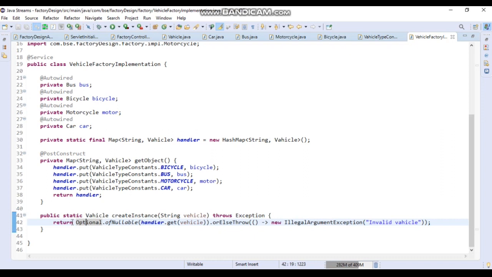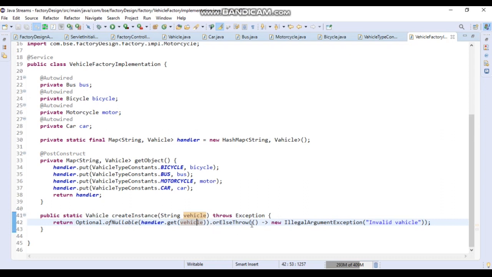I will create one more detailed, separate video on using Optional.ofNullable in Java 8. So what I did here is Optional.ofNullable of handler.get with the vehicle parameter I have passed. If it is in this map, then get it. If it is not present in this map, then orElseThrow. There are methods in Optional like orElseThrow and orElse; all these methods are there.